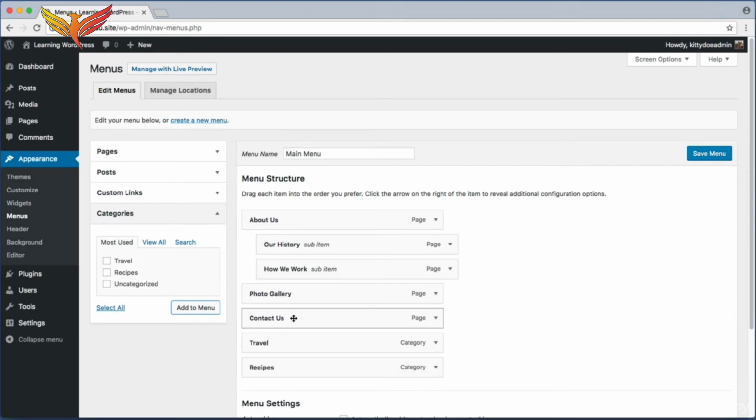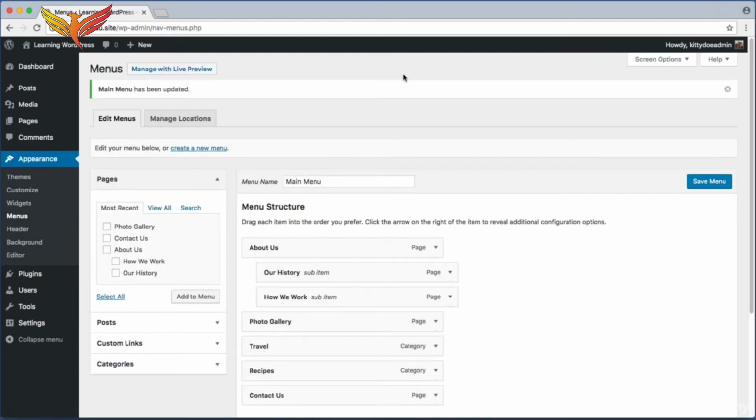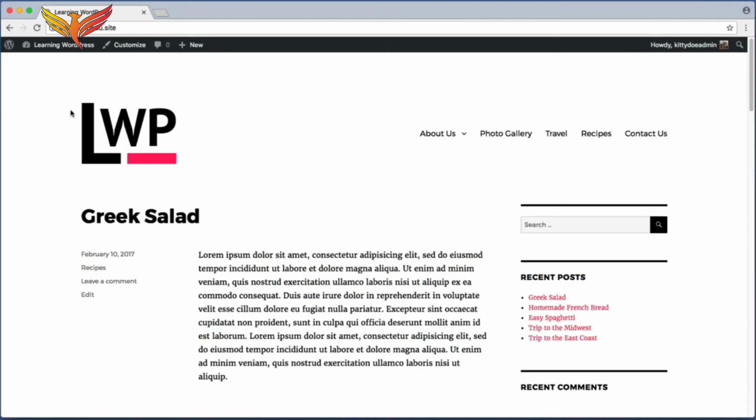Now I want the contact us page to be the last link in the menu, so I'm just going to drag and drop it here. Alright, the menu looks good to me, so I will click the blue Save Menu button. And now if I jump back to the public-facing front end of my website, here's the home page, but if I use the navigation menu to click on Travel,